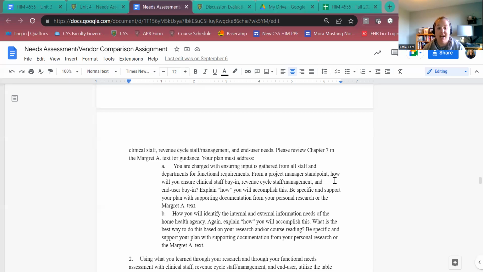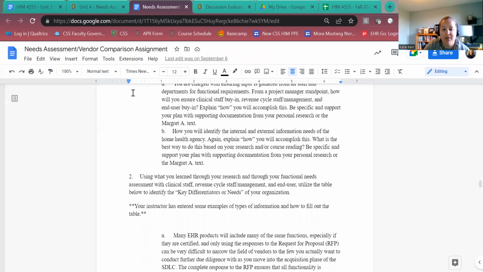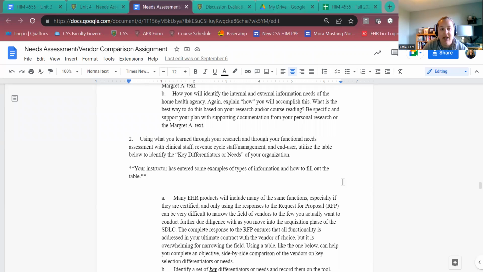Okay, what kind of data are they working with? What do they need from external sources and internal sources in order to do their jobs through the EHR? Okay. All right, so then after that, using what you learned through your research and through your functional needs assessment